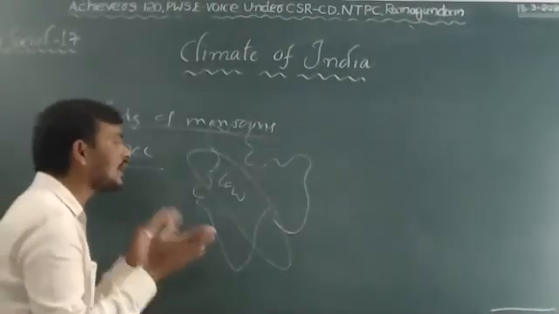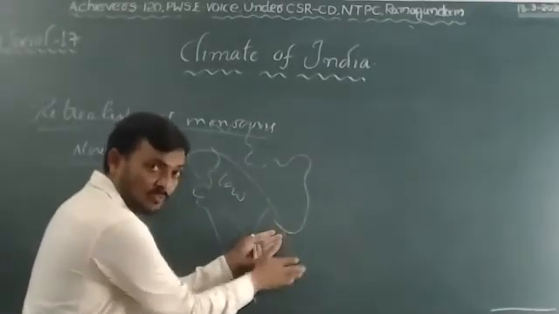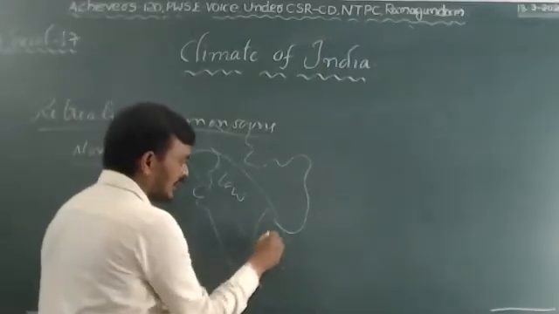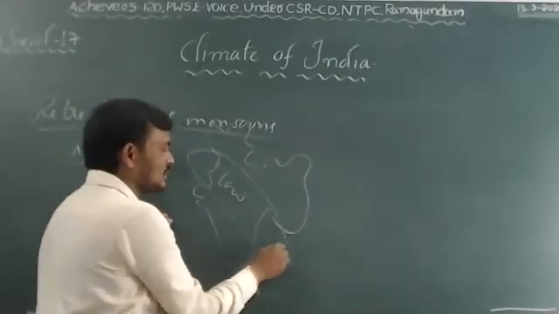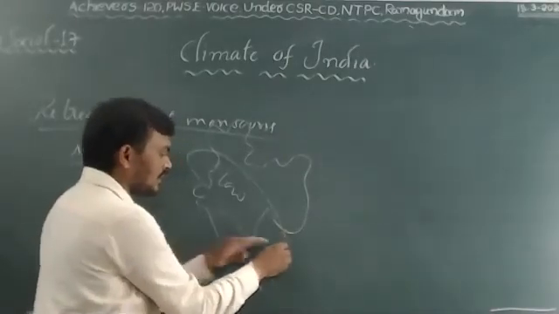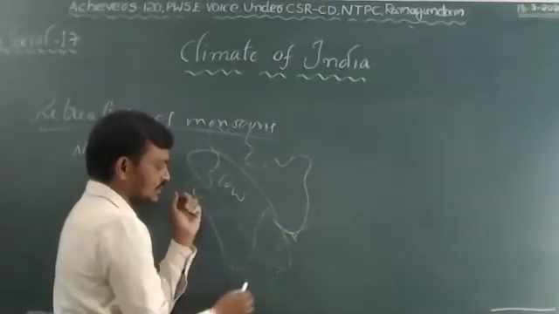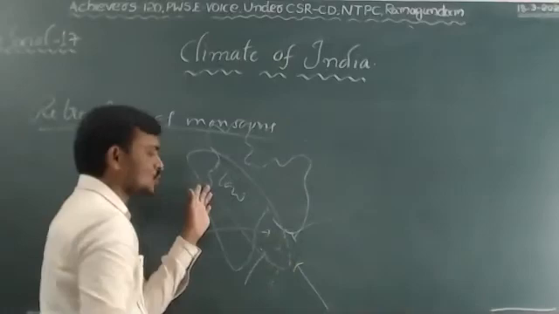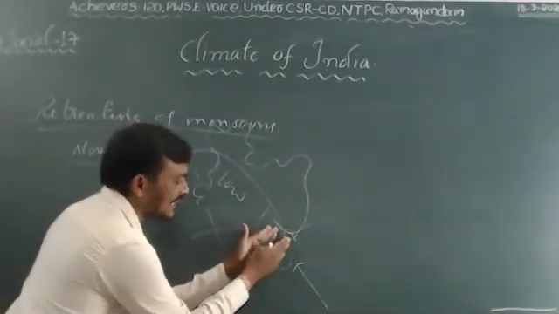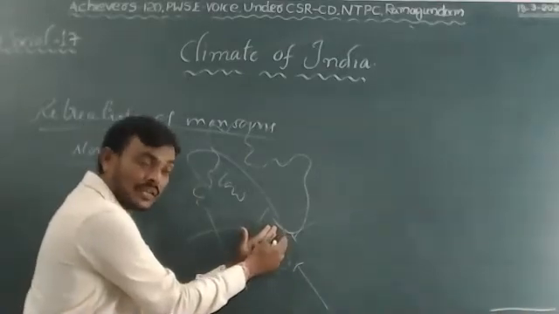A low pressure occurs in the northwestern part of India towards the Bay of Bengal. This is the entire Bay of Bengal, and here are the Andaman Nicobar Islands. So due to this low pressure, it receives the winds from all high pressures. Clear? So when the winds reach this low pressure area, particularly in the Bay of Bengal near the Andaman area, the